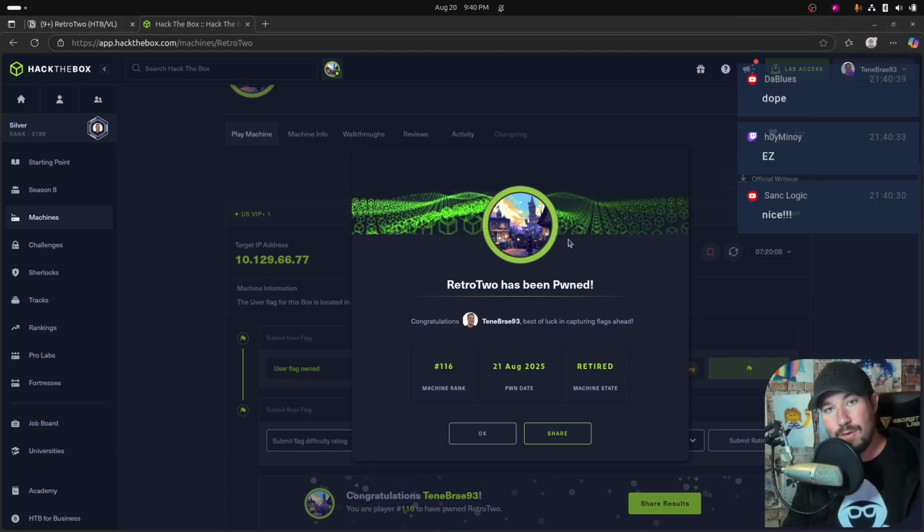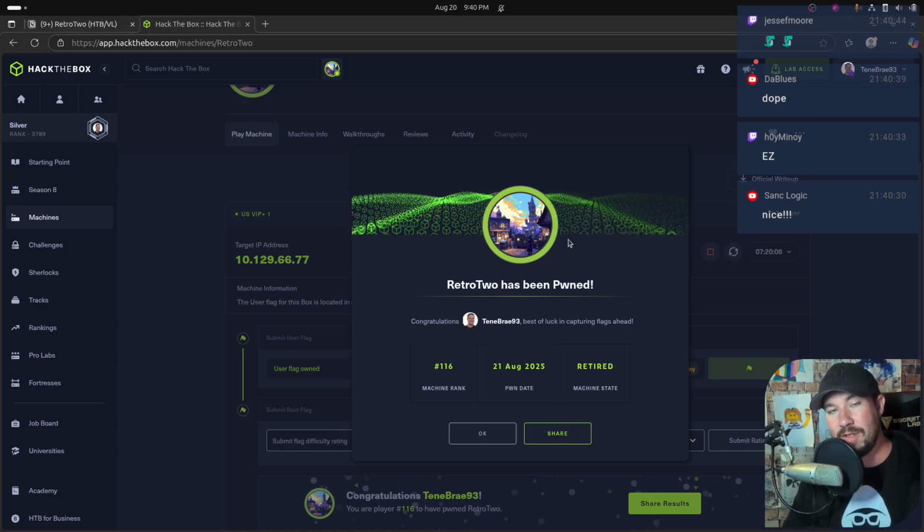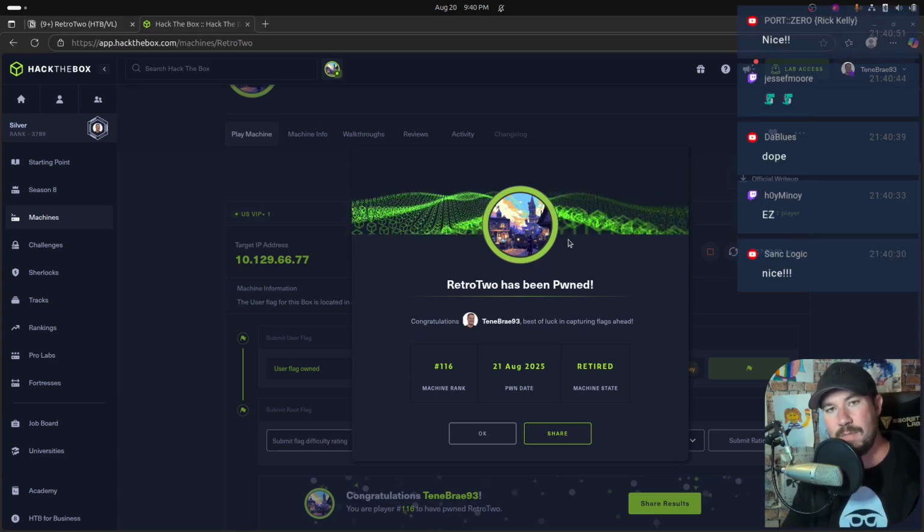Now, I will say in the real world, you generally don't want to run a command like zerologon. You don't want to change a client's domain controller to an empty password, at least the machine account, you could break a lot of stuff in the process. Instead, if this is a real pen test and we found that it was vulnerable to zerologon, we would